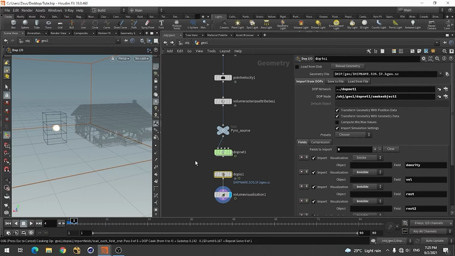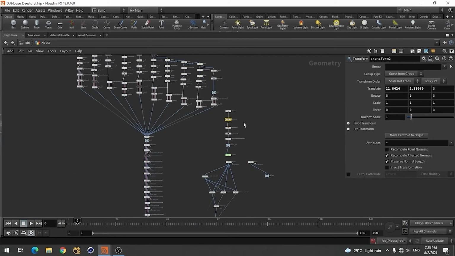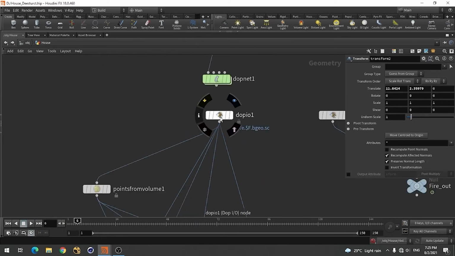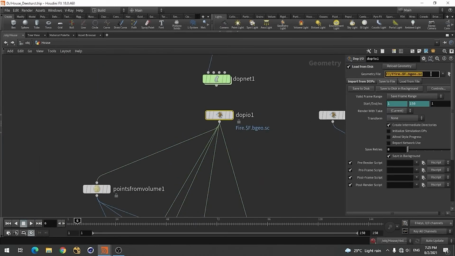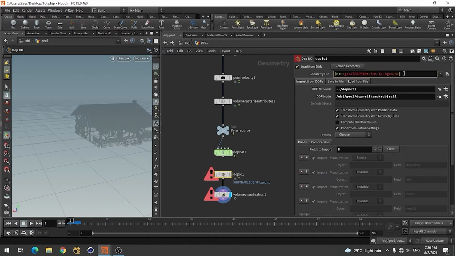If I come here and this one, so this is the original cache file which I have used for this one. So if I just disable simulation, you can see